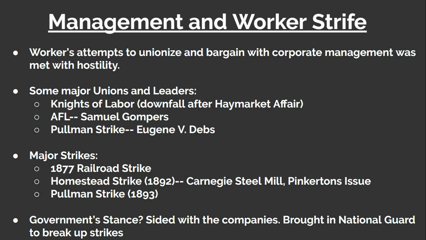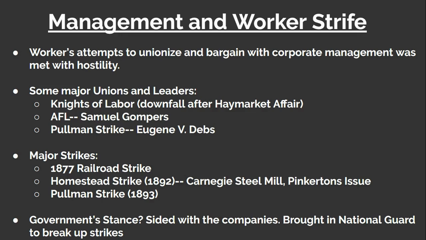Some unions were successful in organizing, and a few of the major unions and their leaders included the Knights of Labor. However, after boasting of hundreds of thousands of members, they would have a rapid downfall after the Haymarket Affair. The more moderate AFL, which is still around today, was led by the famous Samuel Gompers, and Eugene V. Debs, later a multi-time socialist candidate for president, was a leader of many union strikes, including the famous 1877 railroad strike